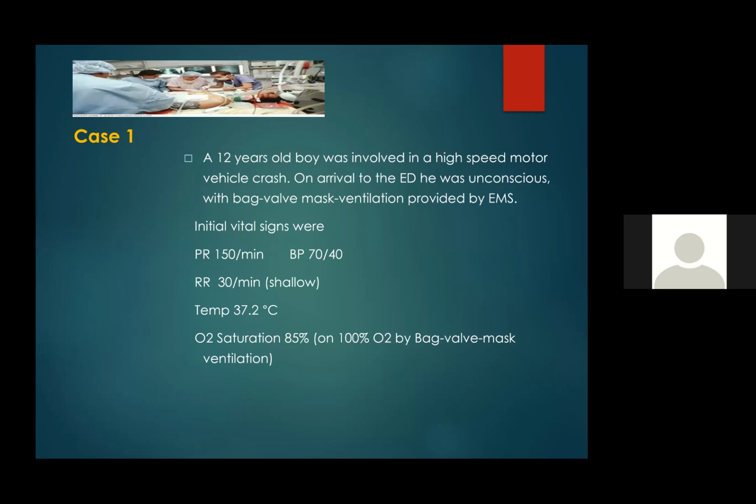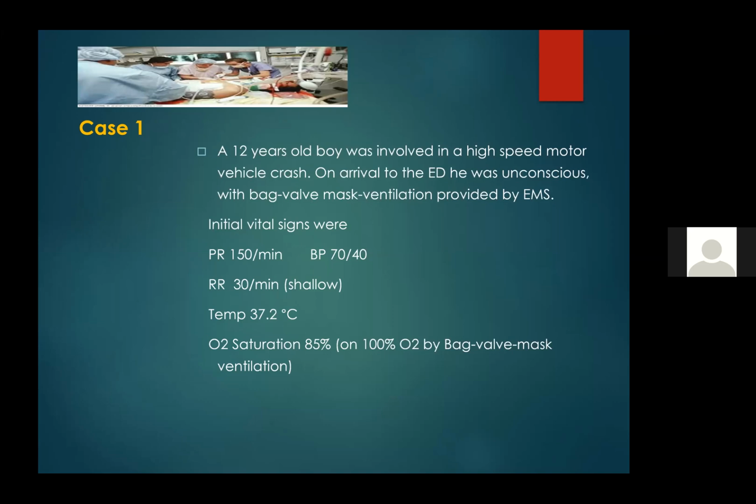On arrival to the emergency, he was unconscious with bag valve mask ventilation provided by the EMS paramedics. His initial vital signs were pulse rate 150, blood pressure 70/40, respiratory rate 30 per minute with shallow breathing, temperature 37.2, his oxygen saturation around 85 on 100% oxygen by bag valve mask ventilation. So,